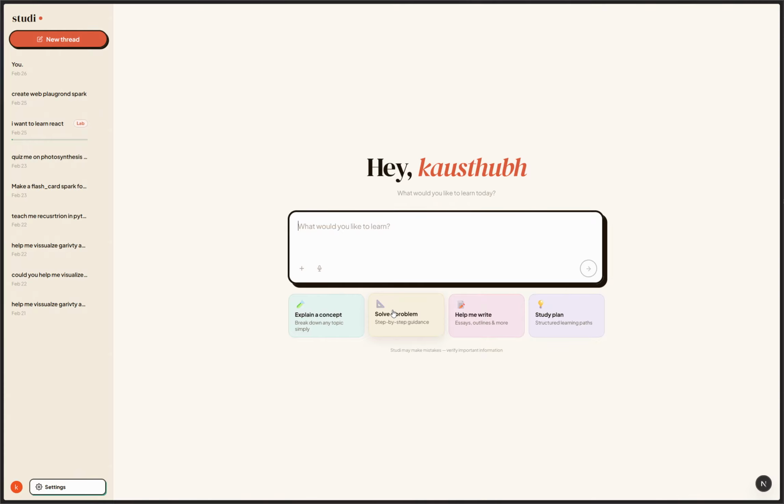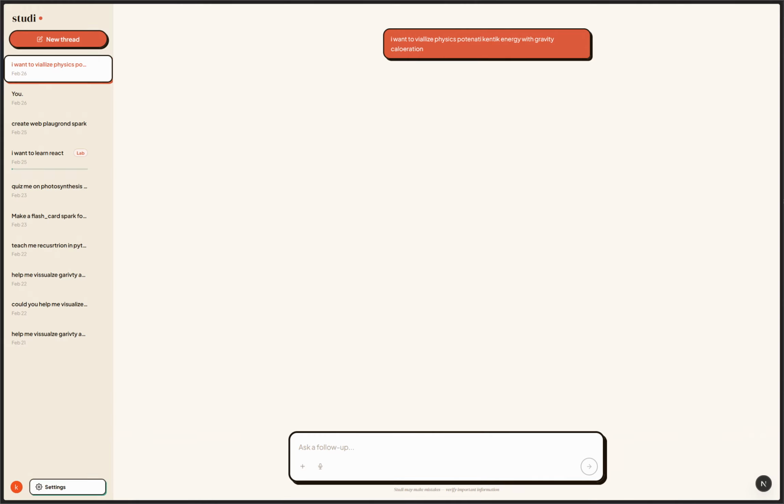So, for example, if I say I want to visualize physics potential and kinetic energy with gravity acceleration, so something like that, right? It's gonna build a spark,